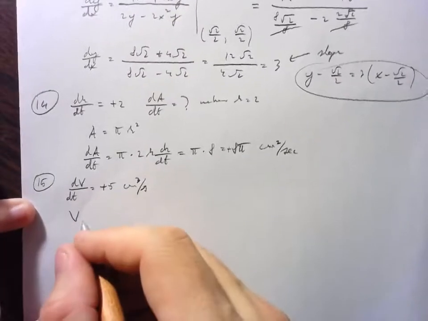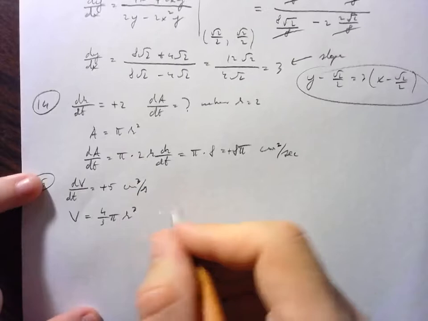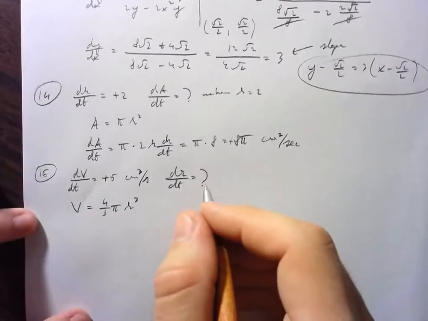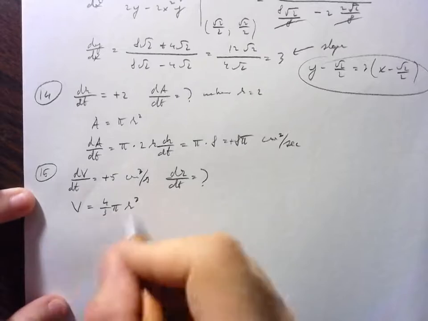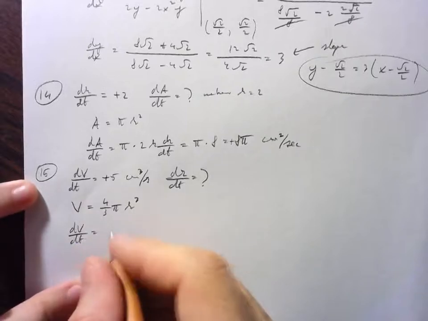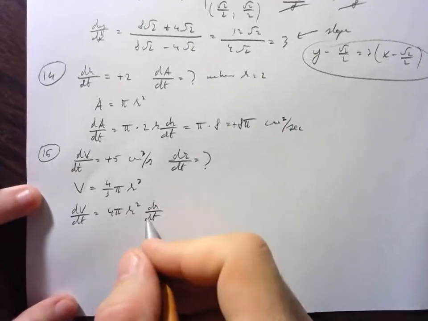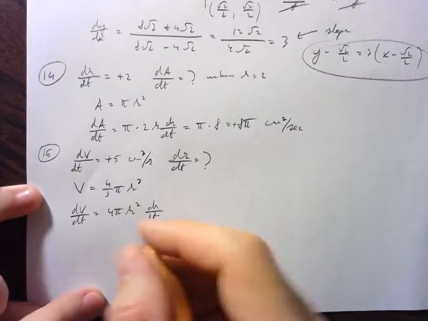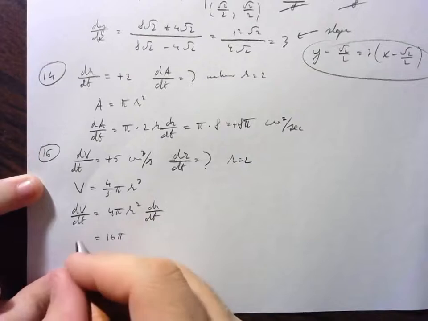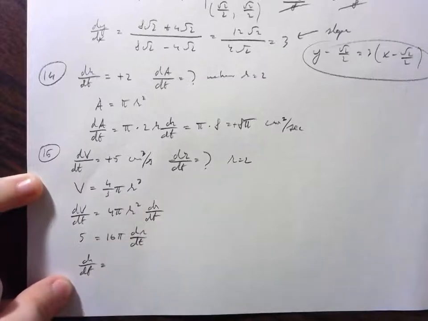Well, I know that the relationship between volume and radius for a sphere is V equals 4/3 pi r cubed. And if I want to find how fast the radius is changing, I need to find dr/dt. That means I want to take the derivative of this equation with respect to time. So dV/dt equals 4, the 3 is going to cancel, so it's just 4 pi r squared dr/dt. I know r because I'm doing this when the radius is 2, as the problem states. 2 squared is 4, so I get 16 pi dr/dt equals 5, which means dr/dt is going to equal